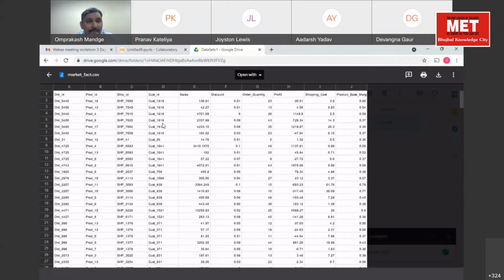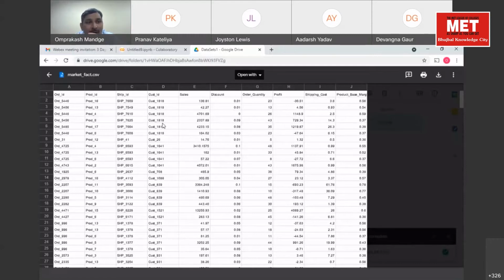If you look at it, you will find some headings on the first row. What are the headings? ORD_ID, product_ID, shipment_ID, customer_ID, sales, discount, order quantity, profit, shipping cost, product based margin. These are the fields, and this is a description of sales of a particular retail store.